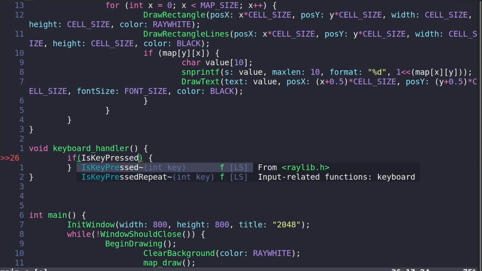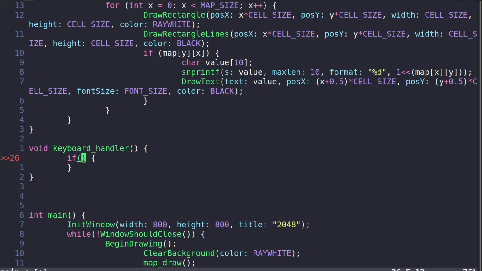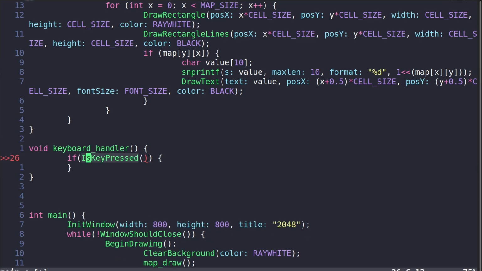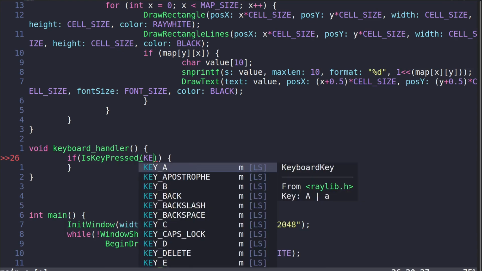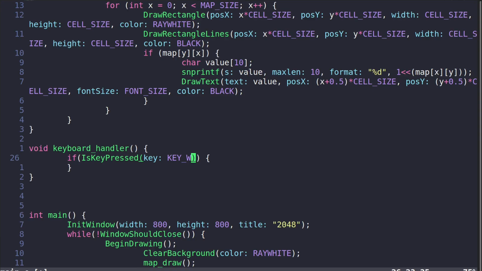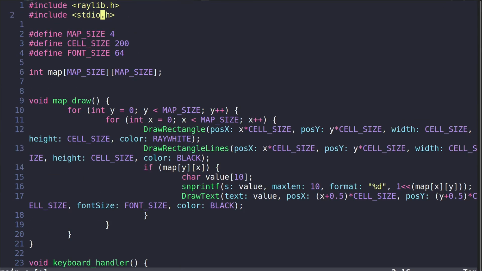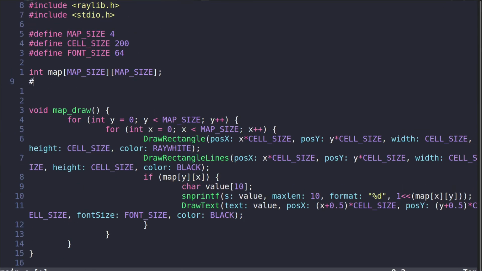Yeah, so if is key pressed, and then we just provide the keys that we need to check. So if the key like W is pressed, we need to check for that, and let's make another value,